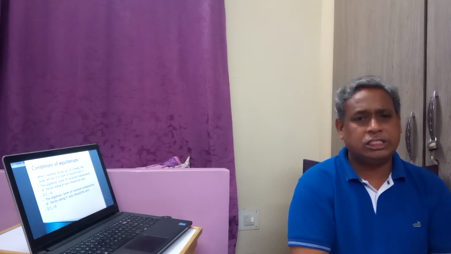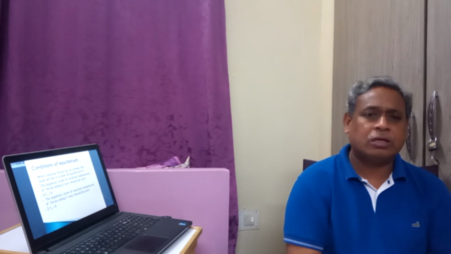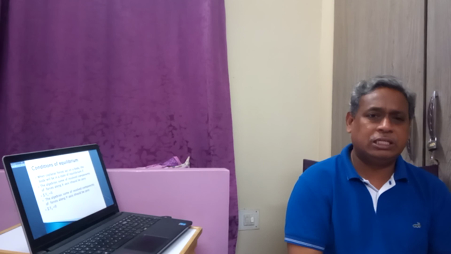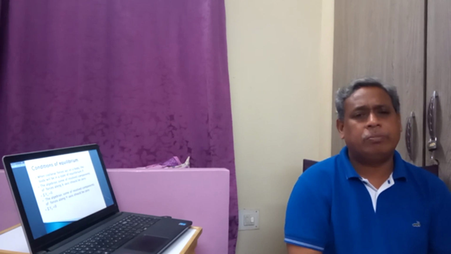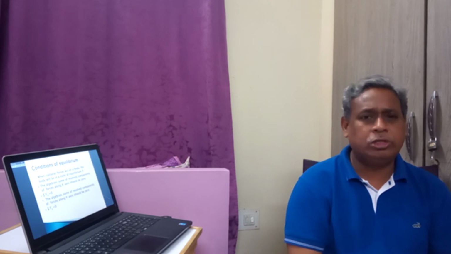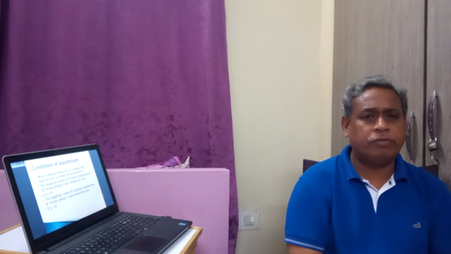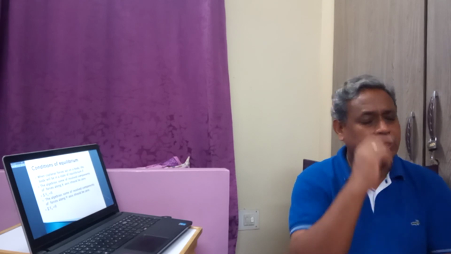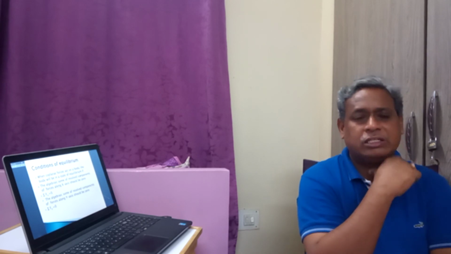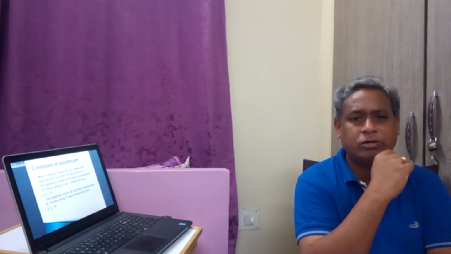Then in the next topic we discussed the couple. A couple is formed when two equal and opposite forces act at some distance apart. A couple can be positive or negative. The distance between these two forces forms the arm of the moment, or lever arm. These couples have some unique features. The moment due to a couple at any point will be equal to 0.